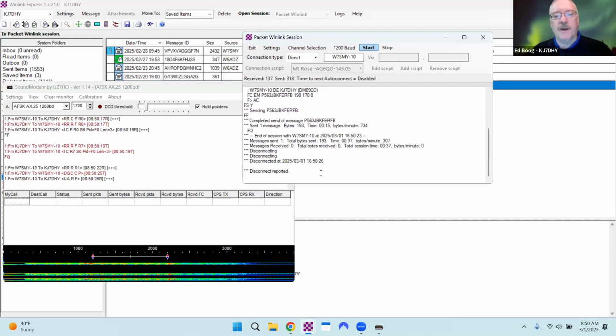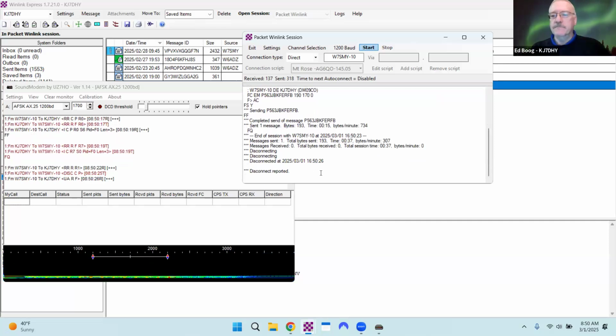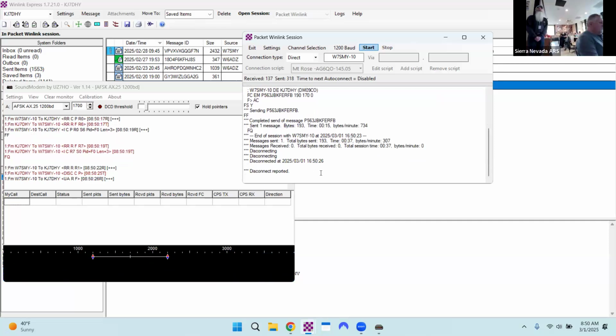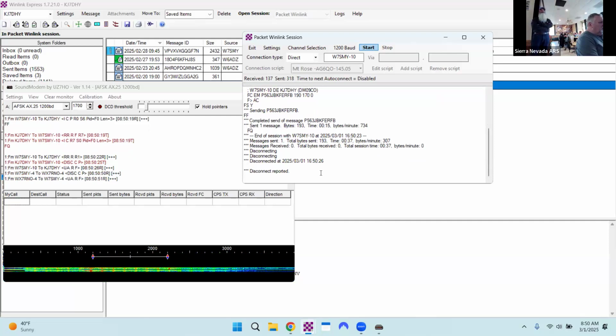That tells you how far the process is going, and it looks like it sent one message. So now, Barry, if you want to reply back, or Doug, you want to reply back. Okay, we're on push to talk here. So Doug is going to bring up the screen share. Also, he's going to bring up WinLink on his computer, and he's going to bring up the telnet version, which means going through the internet. And since Ed sent the message to W7DBE, and it went out through FM, through packet, got to the server,